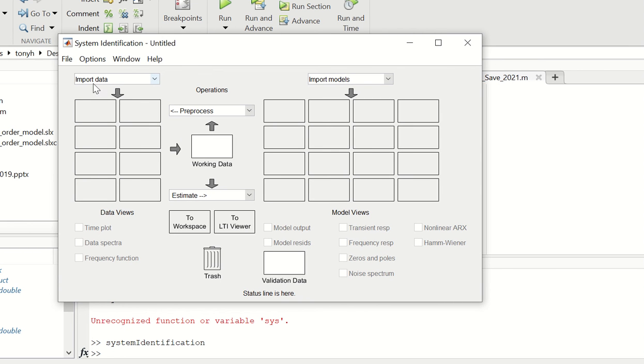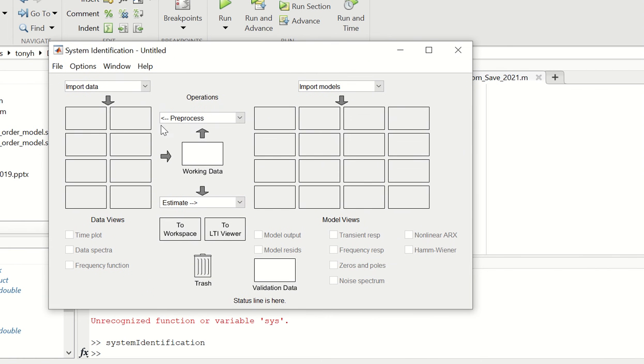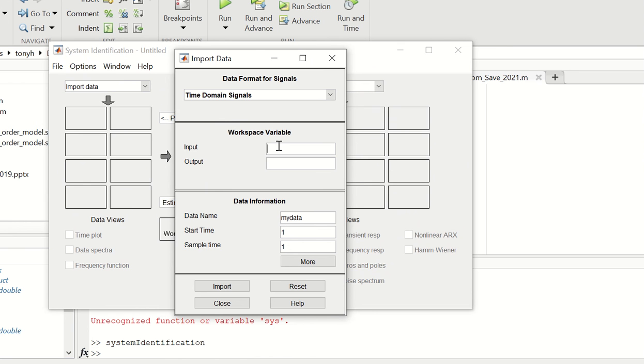So we now need to import data. Now in the program that we had, it called the variables y and u, just to make life simple. So we say time domain, and we give the input now. The input is u and the output is y, and the sample time was 0.05. With the sample time you'll be able to compute it, and it's fairly constant once you've got your configuration running. I can't remember what it is, but it's probably somewhere in the region of 0.05, but we can get this number from the rig as we run. So we've set this up now, and we click on import,